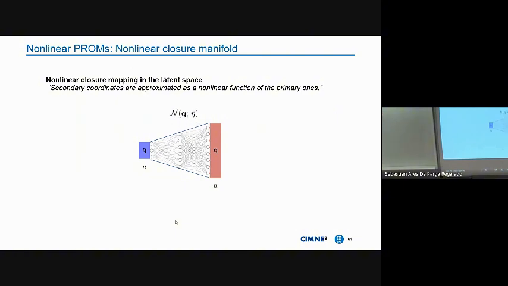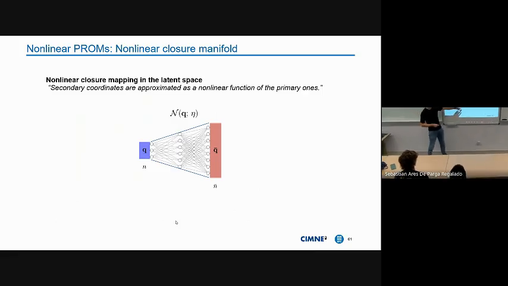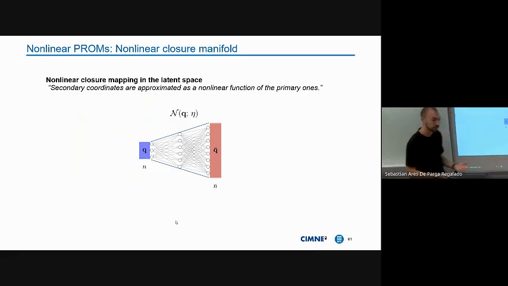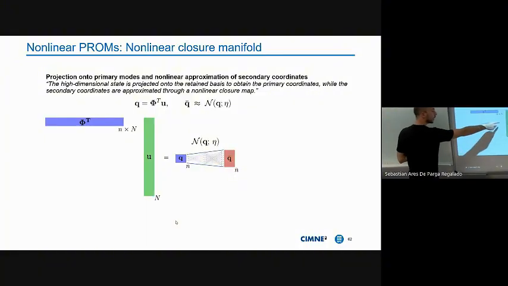where Professor Farhad started with approximating this by an artificial neural network. The good thing about the artificial neural network here is that it does not scale with the size of the full order model, but rather with the size of the number of nodes, which is very small, 10 to 140. And in order for you to have an idea of what we win here is that we only need to project the state